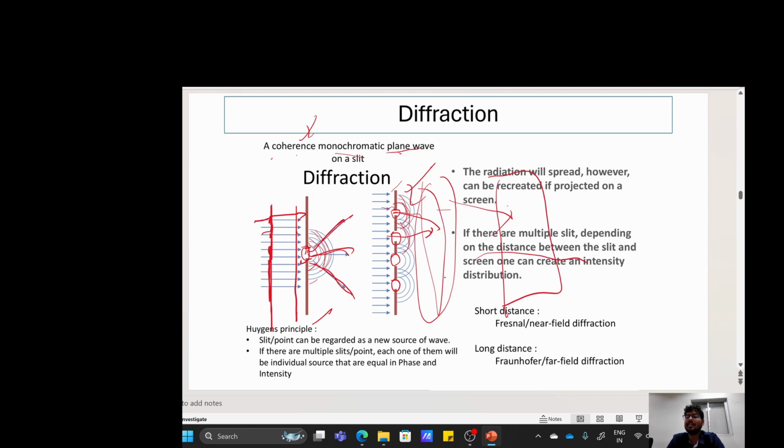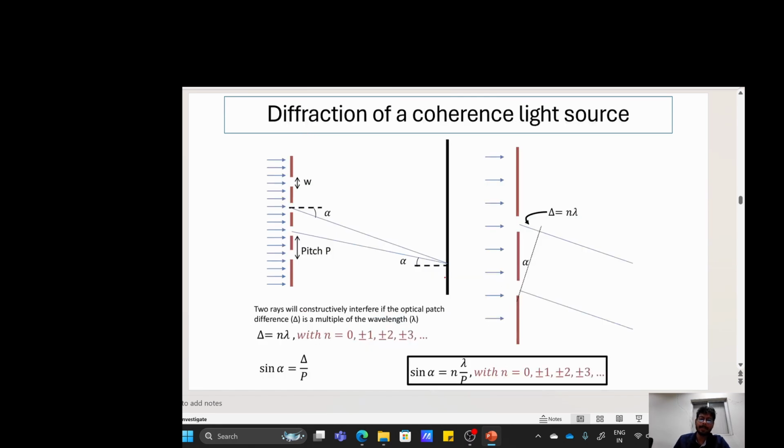Slit and screen, okay, this is the thing. So there will be an interference pattern on your wafer. That is how you will write the mask. Okay. Now